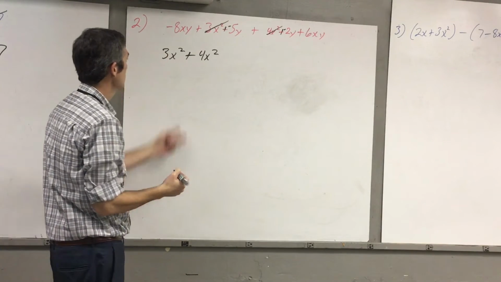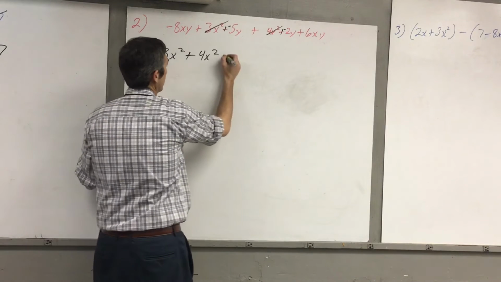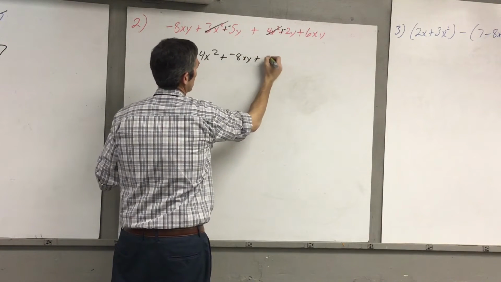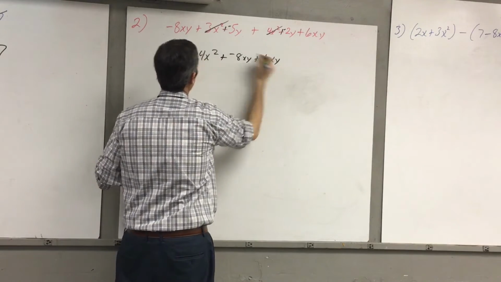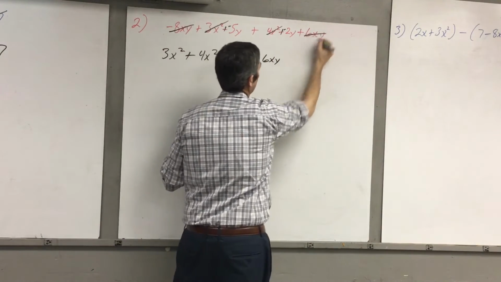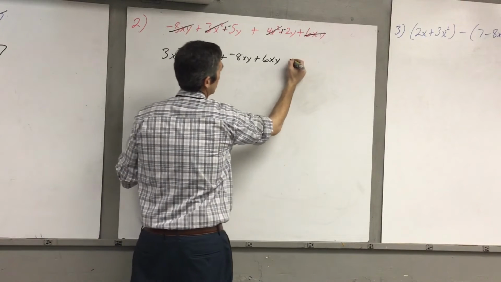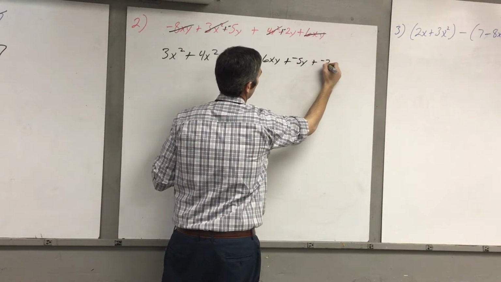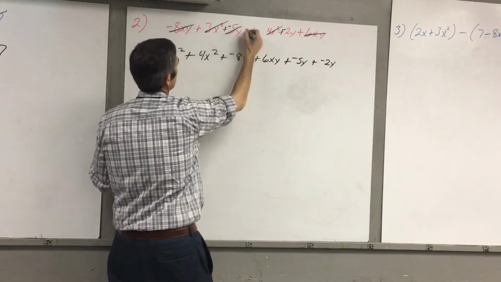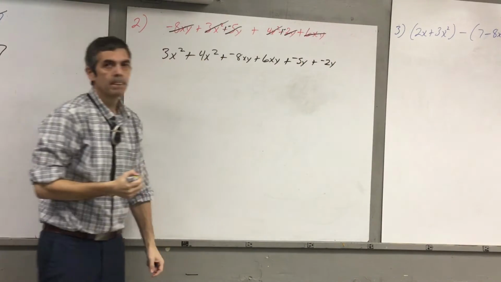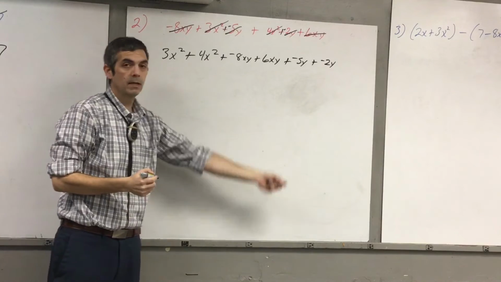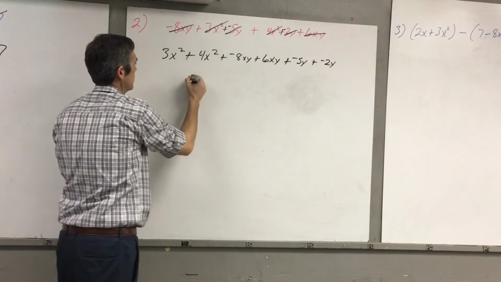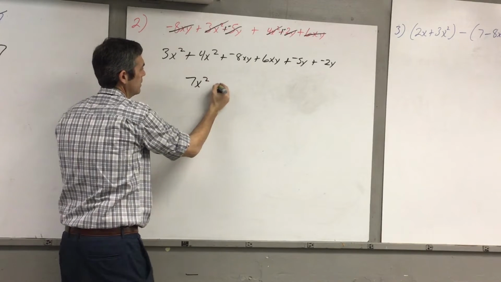Be careful with those. So I have those, and then I have plus negative 8xy plus 6xy. There and there, plus negative 5y plus negative 2y. That gets that, that gets that. Now I'm just going to combine my like terms. Okay, x to the second power, can add those together, you get 7x² plus